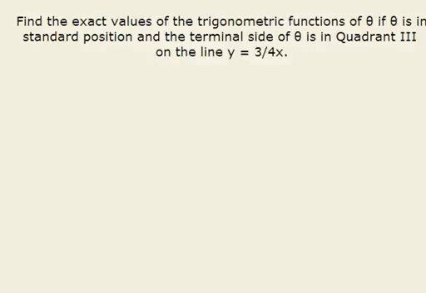In this problem, we are asked to find the exact values of the trigonometric functions if theta is in standard position and the terminal side of theta is in quadrant 3 on the line y equals 3/4 x. The first thing that we will recognize is that this line passes through the point x is 0, y is 0. We also know that since our slope is 3/4, the slope represents a rise of 3 for